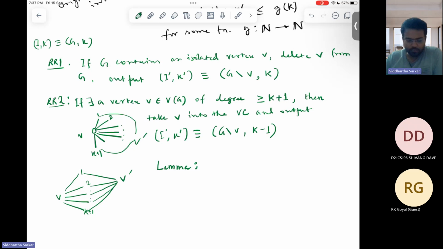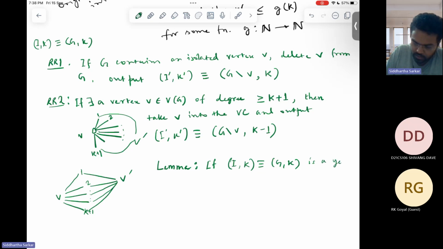So the lemma says that if in the first place the instance that you had, I_k, was nothing but G_k, and it was possible to obtain a vertex cover of size k or less of this graph, that means the instance was a yes instance, so if the instance admits a vertex cover of size less than or equal to k, and you applied